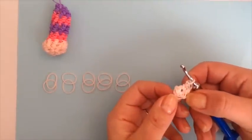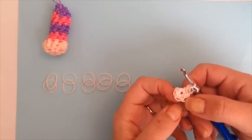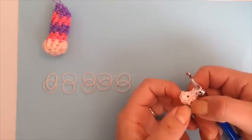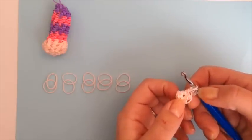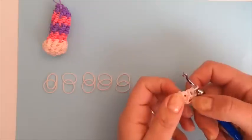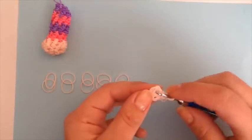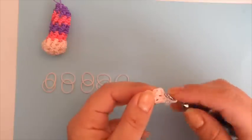Round 2 of the arm, what we're going to do is increase on every stitch. So I'm going to add 2 bands in every stitch all the way around. So when we're done this round, we're going to have 10 stitches. So that means we're going to use 10 bands. So you're going to go in your first stitch, right here,